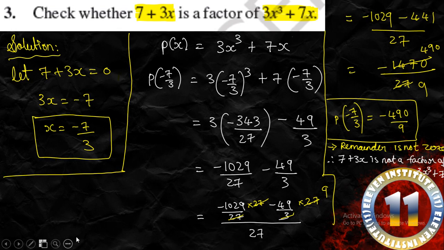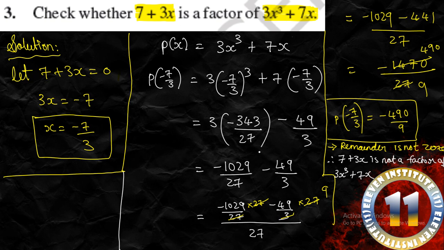Right? There is less space over here, so I am not able to write it properly. I will try to write it over here. Not a factor of 3x cubed plus 7x. Right? So I hope this is clear to you. Now, instead of doing this much long calculation, you can have a short calculation also. We can take minus 7 upon 3 common from here itself and solve the rest of the terms. There are many ways to calculate it. What we have done is the conventional method.